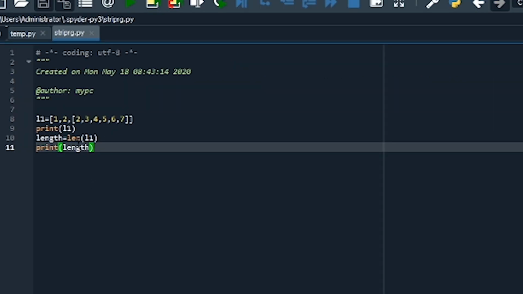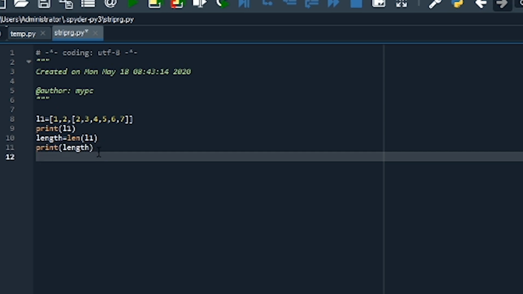So to get the length of a list having one nested list, we will use the len function, and we will get only the elements separated by comma, not the elements of this nested one.